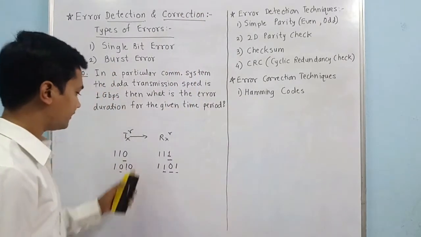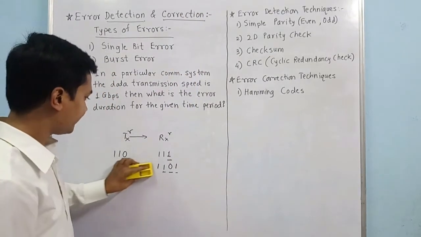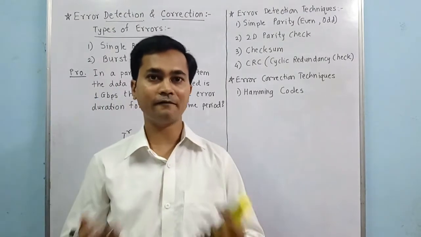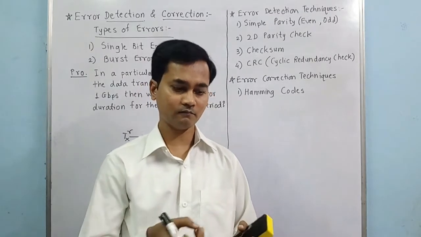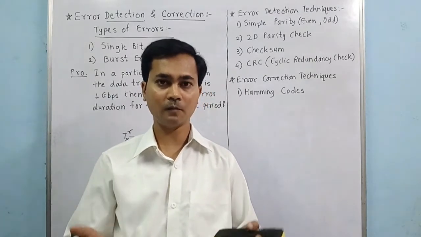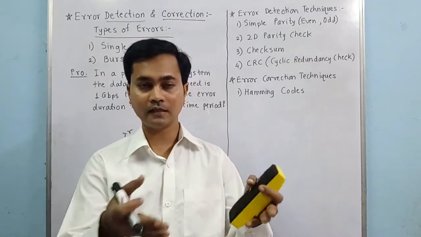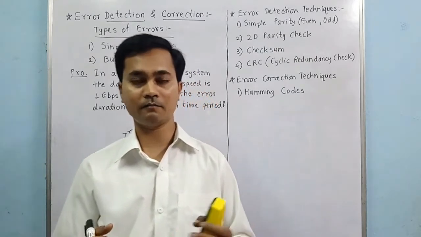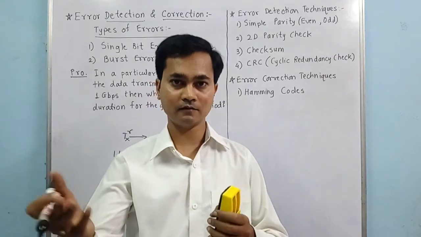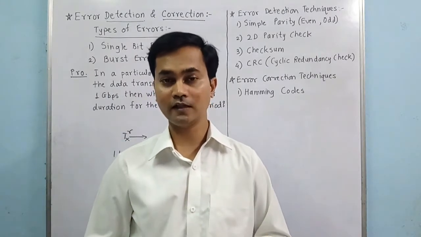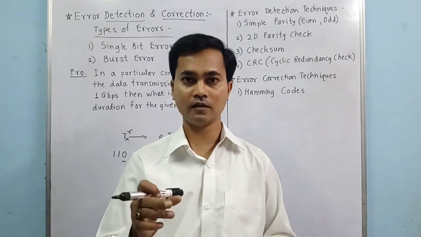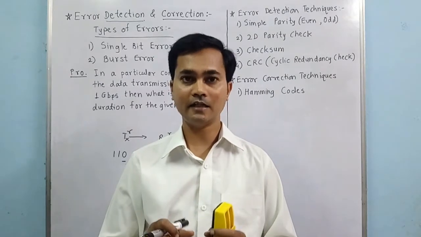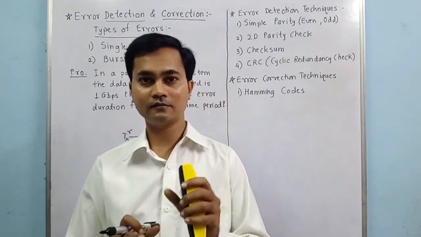Now, this is just for an example. Consider an application which is sending an audio file or video file. If a few data bits are changed in that file, there will not be any problem while listening to the song or while watching the video. But if you are sending data or messages via email or chatting on WhatsApp or Facebook, then the alphabets or characters you are sending to the other person are not allowed to change.